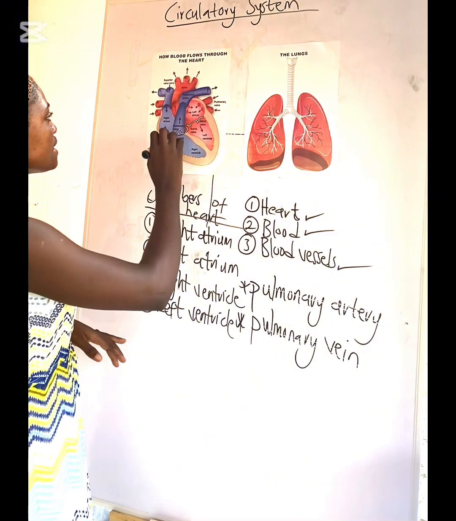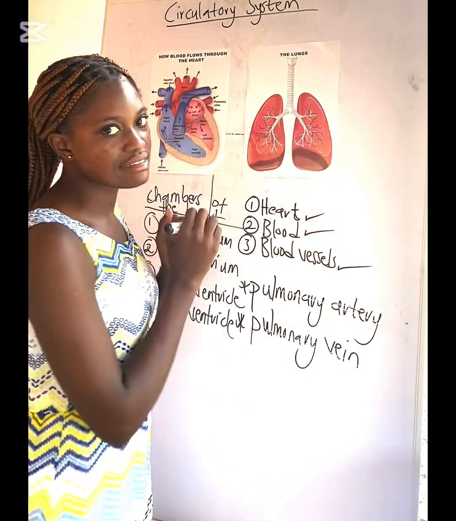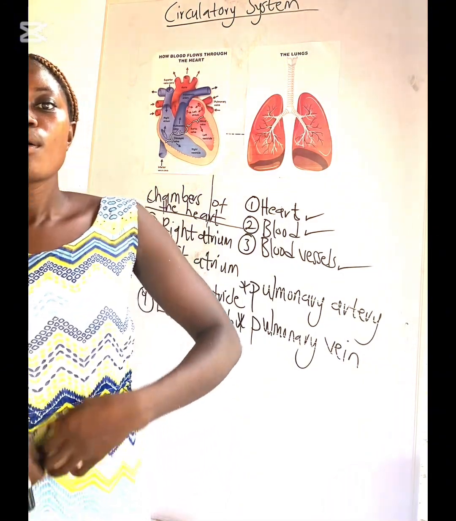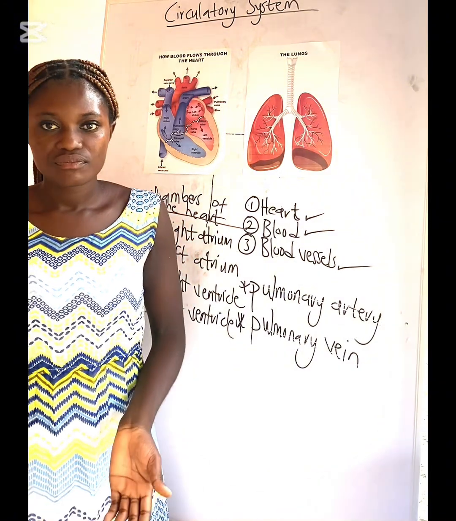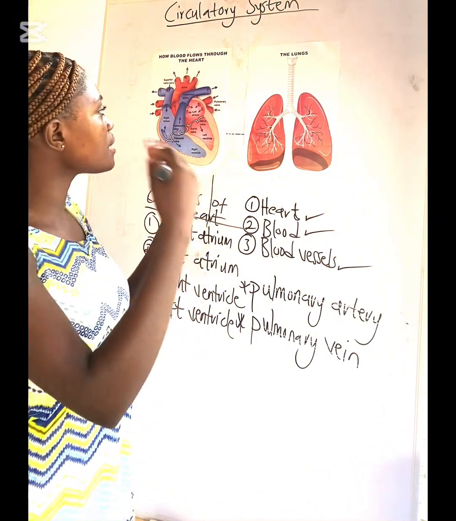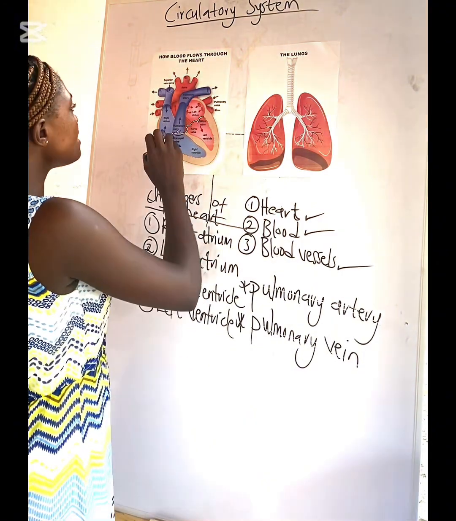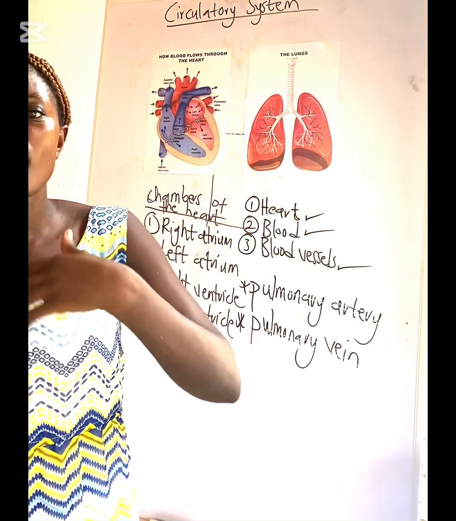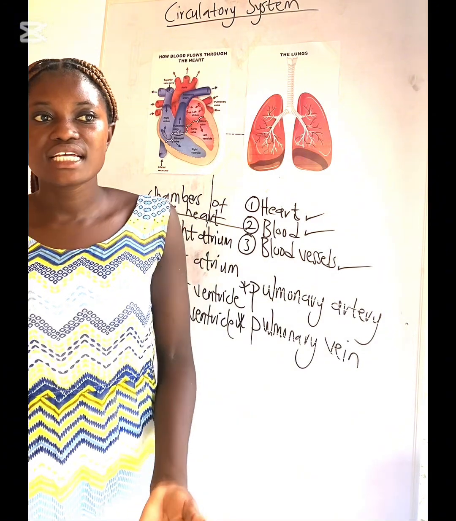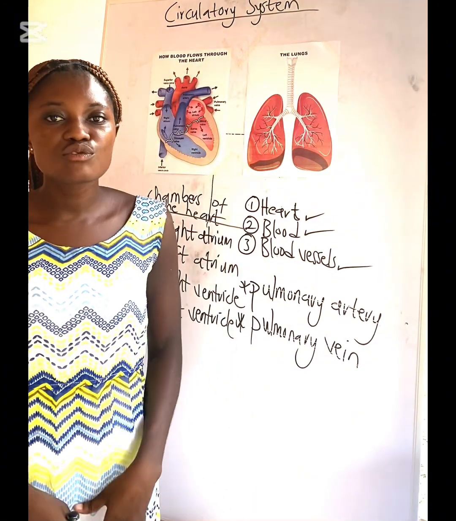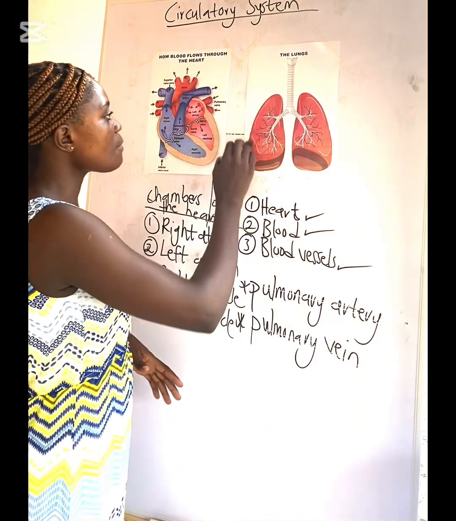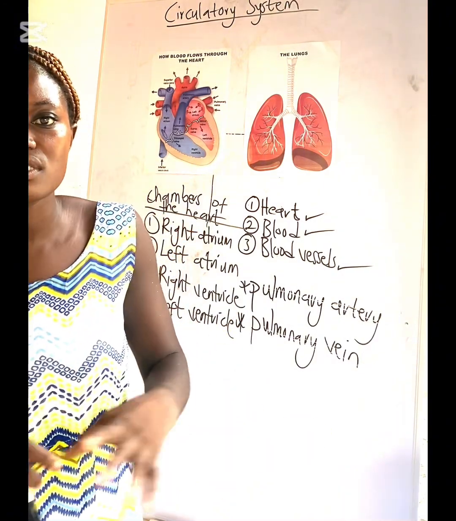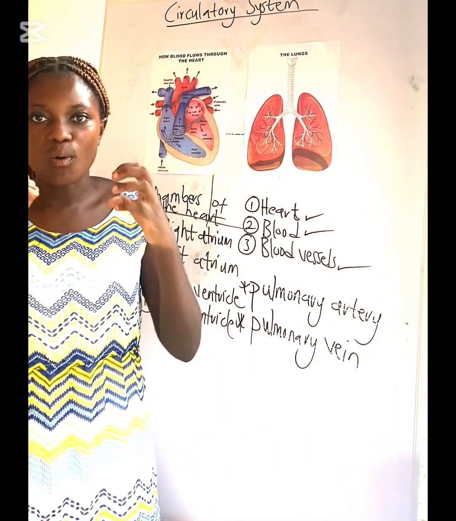So the moment the deoxygenated blood gets to the lungs, the person will breathe out all the carbon dioxide in the blood, then take in the oxygen into the blood. So after breathing and everything, the blood in the lungs is no more deoxygenated, but it is rather oxygenated, or